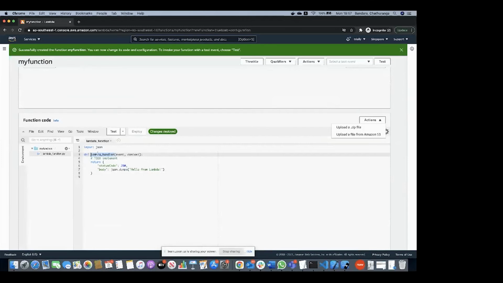In whatever Lambda function you create, you can have multiple other functions here, but what will be triggered, what will be invoked, what will be executed when you trigger the function, will be the Lambda handler. So this is by definition. There's something called Lambda handler, right? In Lambda handler, you can